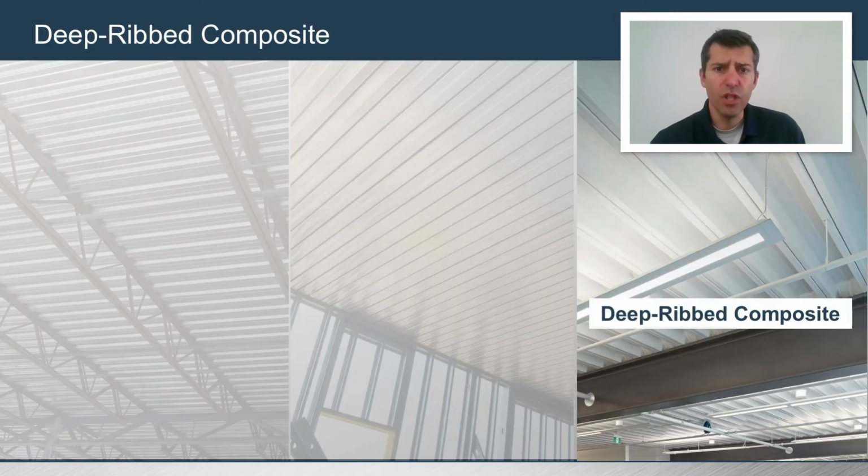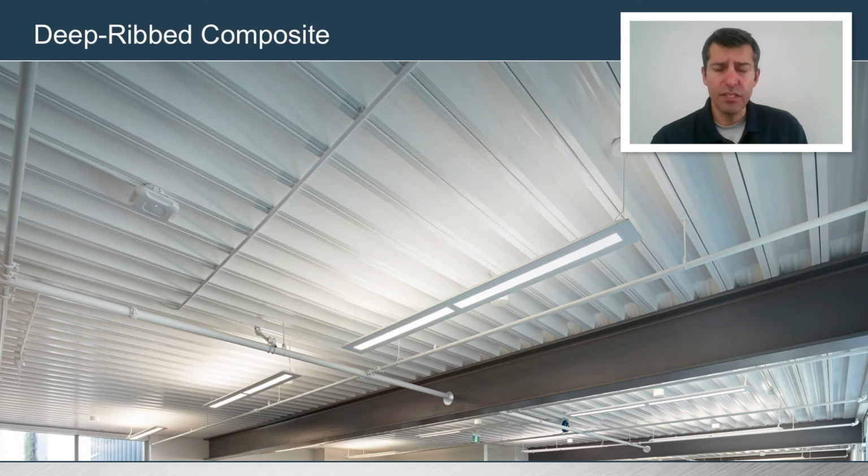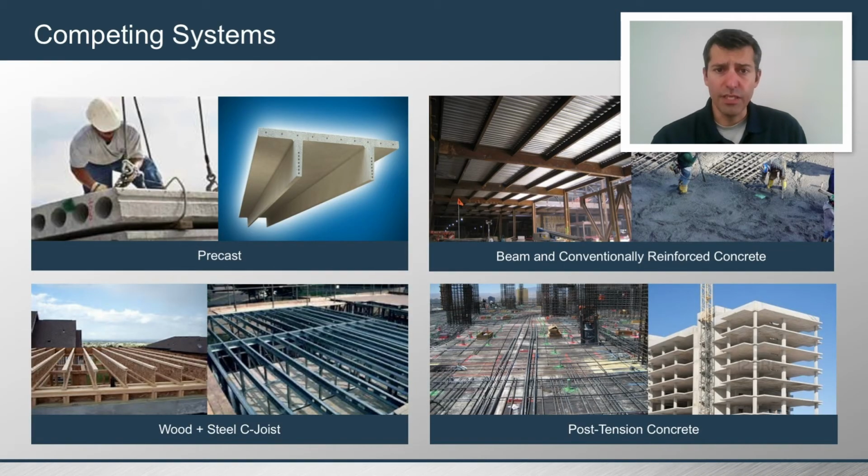We'll continue with a long-span composite floor system that you may not be so familiar with, deep-ribbed composite. As with the other systems, this is equally applicable for commercial and residential construction. Unlike composite joists and dovetail composite, however, or even other steel products in general, even wood construction, deep fluted deck is competing more so with concrete,